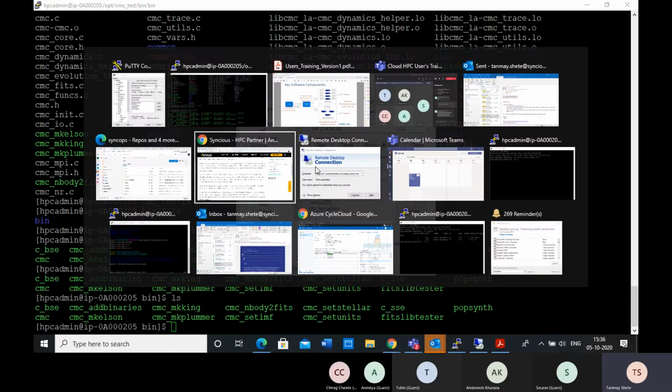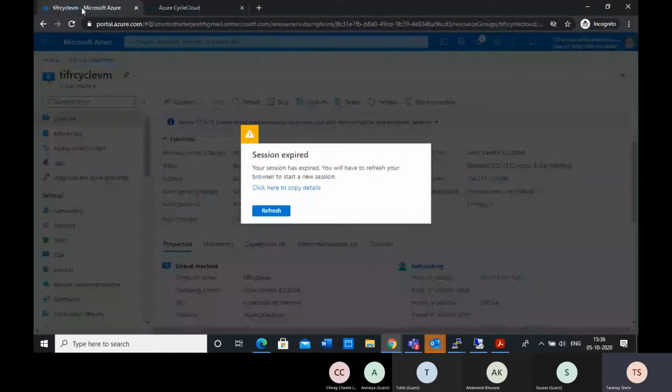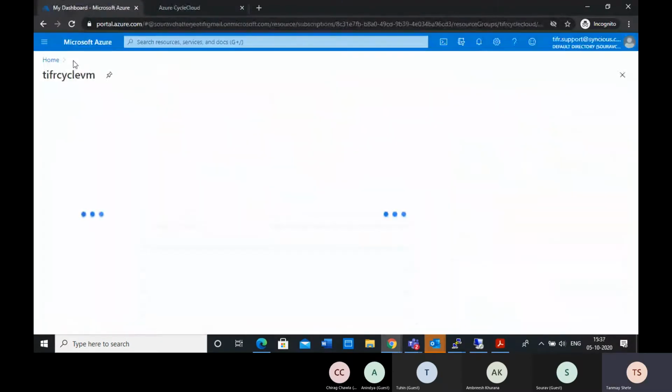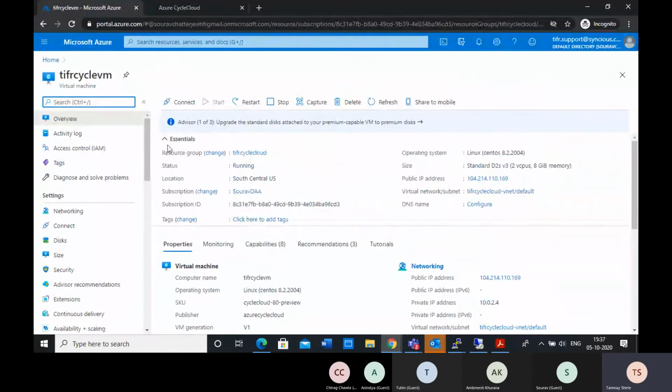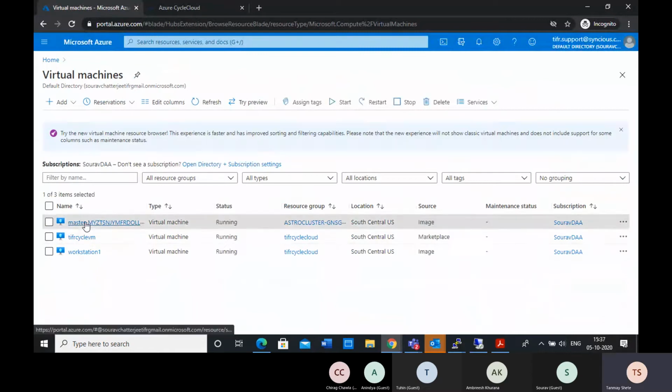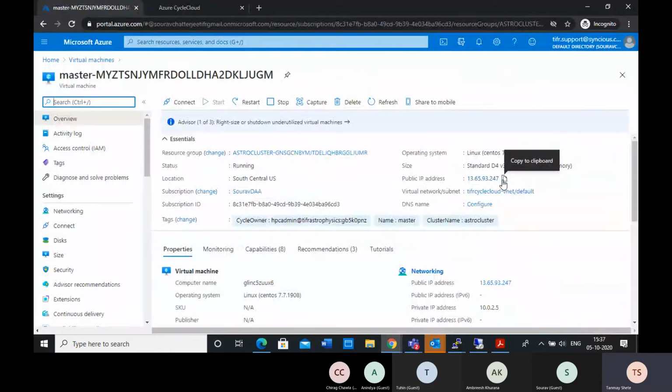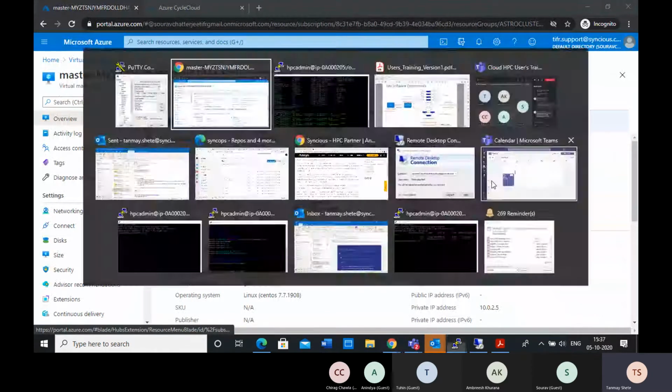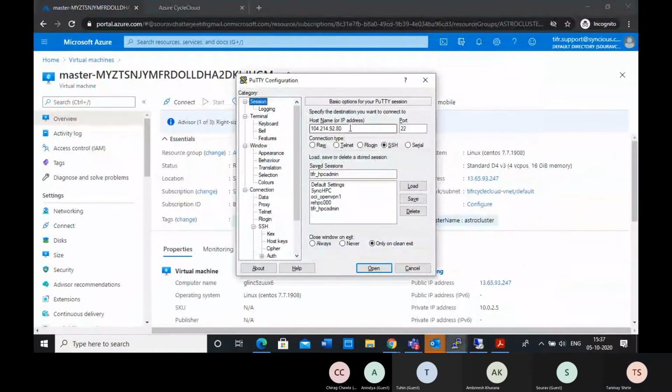Okay, so just a second, I need the IP address. So you will be provided with the master node's IP address. So for example, currently this is the IP address, 13.65.93.247.